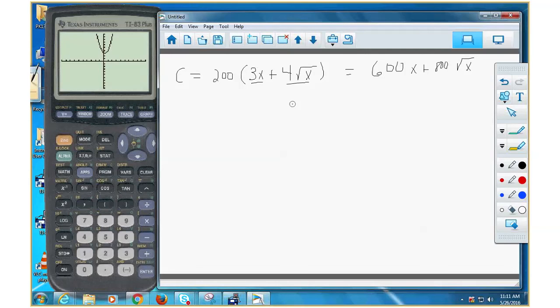Let me know if I'm missing anything, because you'll know if you're missing anything in this chapter, because this is the chapter where you actually start working with derivatives. So you'll be able to tell me if you don't understand something. All right. So that's going to be C prime or